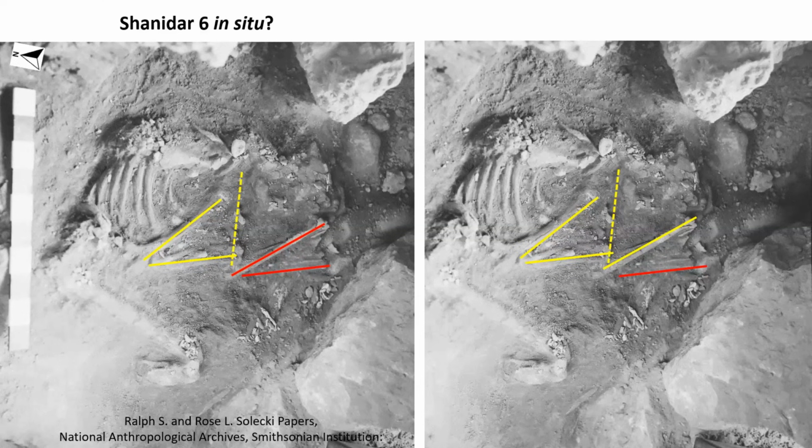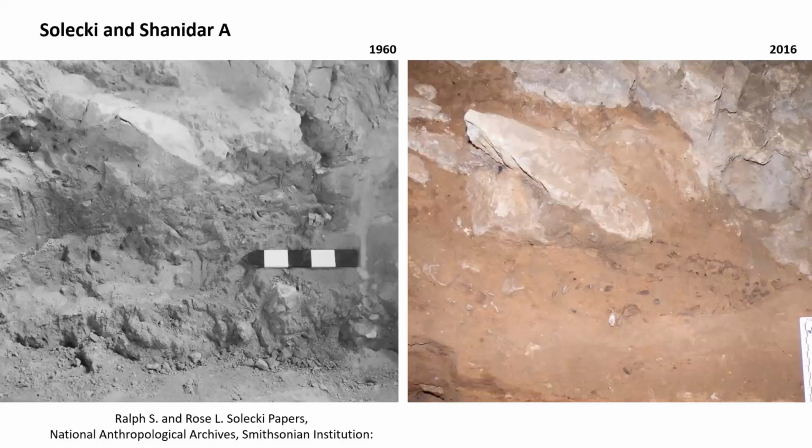Ultimately, though, I went through the archives, very hopeful, through all the diaries, through all the notes, through all the pictures, and the outcome was we still don't really know where the bones were, so quite disappointing. Interestingly as well, we weren't sure whether Selecki had actually identified these remains in the section as they removed Shanidar